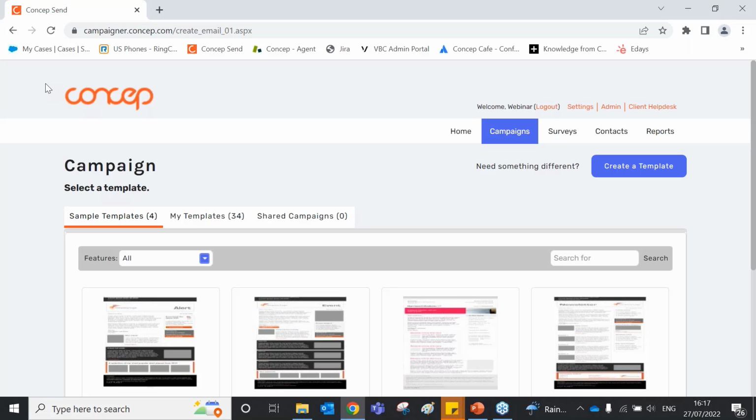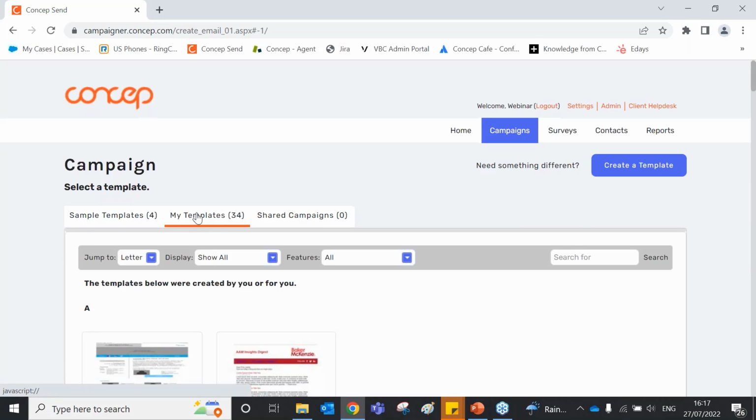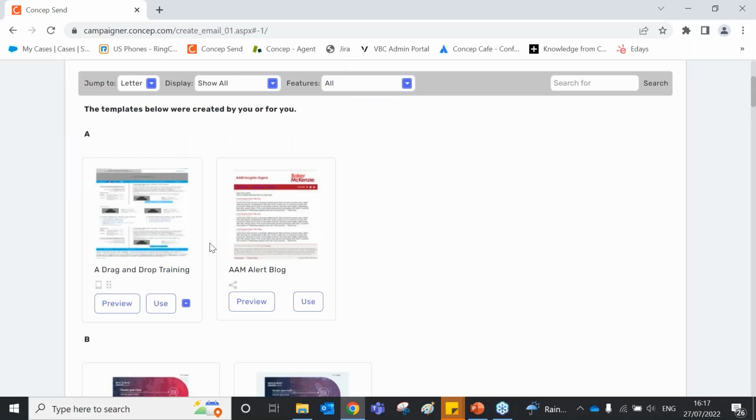You can have a pre-rendered template, and then all you will need to do is edit it for that purpose, which means if the structure is already there, you just need to add your text and relevant images instead of building everything manually from scratch. So a massive time saver, and definitely beneficial to have templates for each type of campaign that you are looking to send. So what we can do here is click into My Templates,